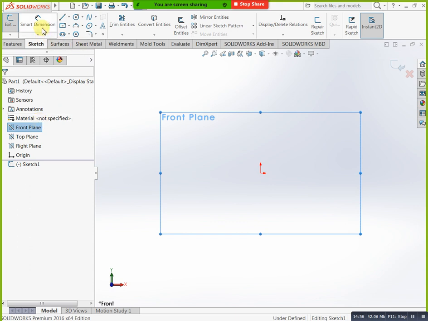We can see here this is sketch. We can see our draw tools. At the same time, at present we are drawing. Okay, here we have one symbol, that is exit sketch. When you have completed your sketch, you need to click here. Okay, automatically you will go to the features or any other module based on your requirement. Okay. Next, I need to create this rectangle or circle. Okay, which one do you need? I need a rectangle. Just you can create it from here to here. This is our rectangle. Then you can click finish.